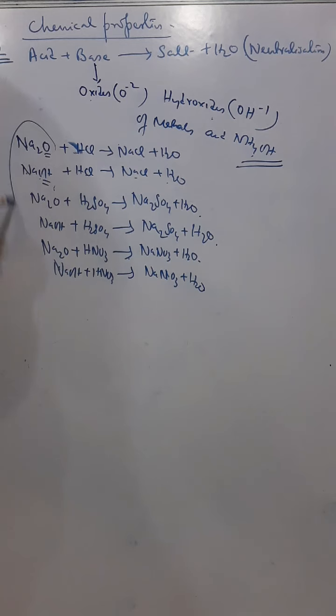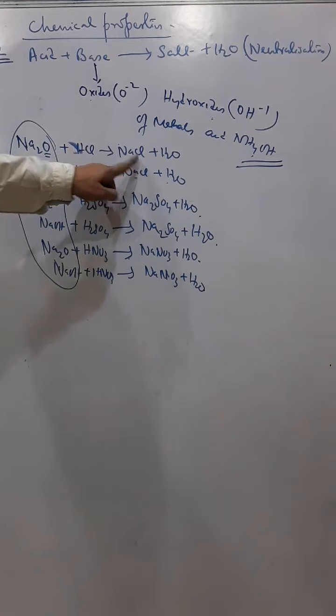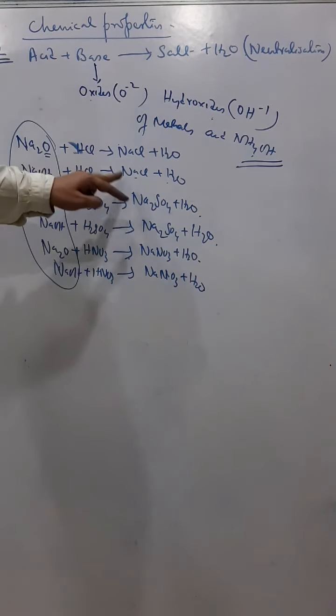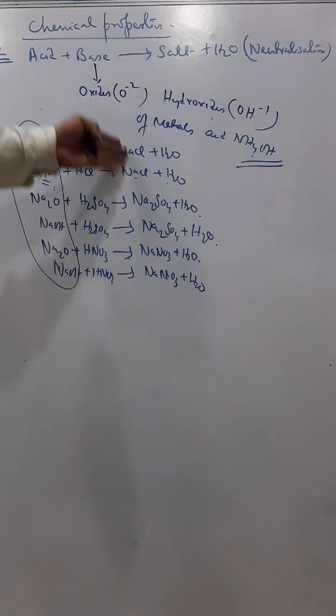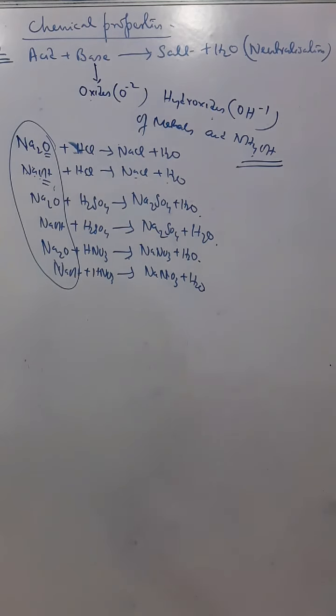Now I've just given you an example of sodium hydroxide and sodium oxide. The same thing happens for every other oxide and hydroxide. So if you take magnesium oxide, you get magnesium chloride; magnesium hydroxide also gives it. So we can use magnesium oxide or magnesium hydroxide and we will get a similar salt. So similar reactions for everybody. Okay, so this is called a neutralization reaction.